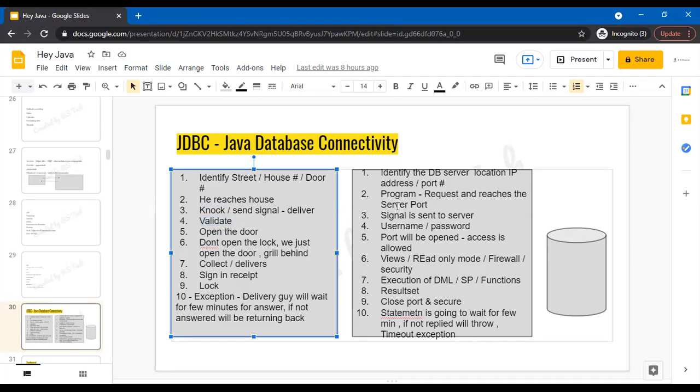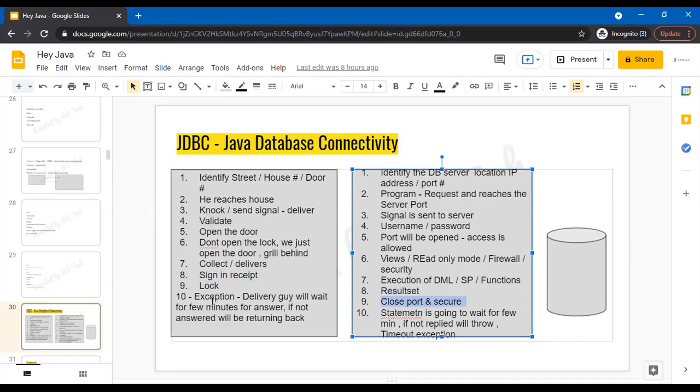So when he knocks on the door, it reaches the server port, the signal is sent to the server, the port is opened, access is allowed, and it is only in read-only mode. Firewall security takes place, then the functionality takes place, and we sign in and send the receipt, and then we lock the door again. In the same way, the server sends the result set, closes the port and secures it again.